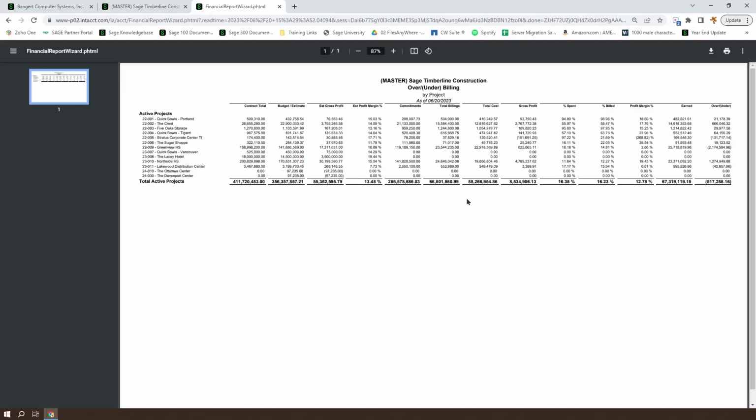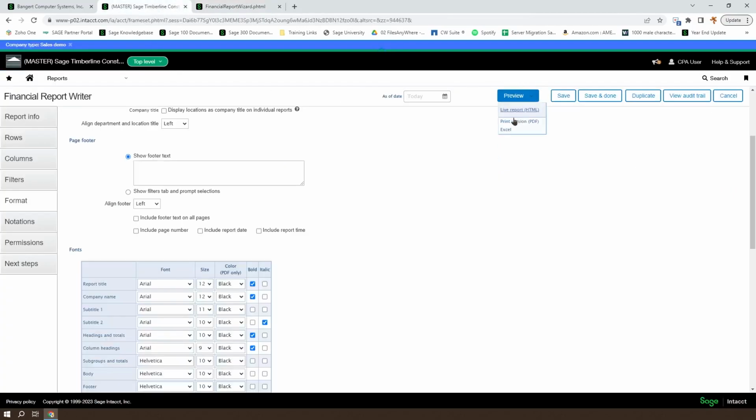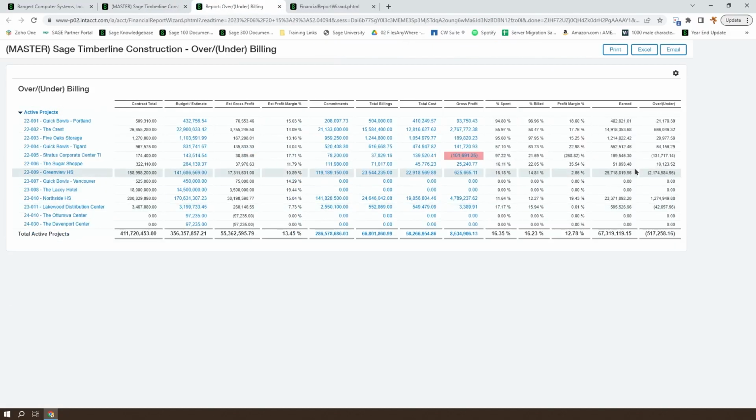Okay, so we can see how that's changed. We've emphasized the as of, but we've made it a little bit smaller. We've got all of the data on one print preview page. We've got all of the data quite viewable here as well.